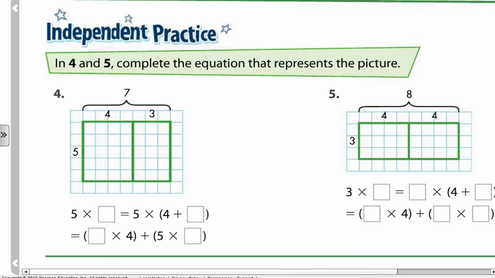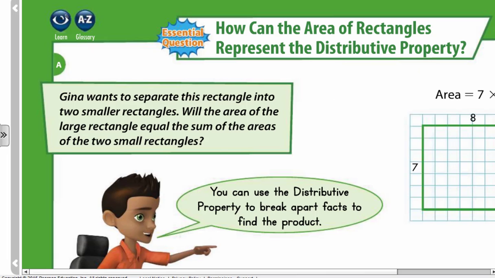As you can see in the picture, it's a big rectangle divided into small rectangles, and we need to complete the equation that represents the picture. In question 5, the same. So let's start, heroes, and open your books, page